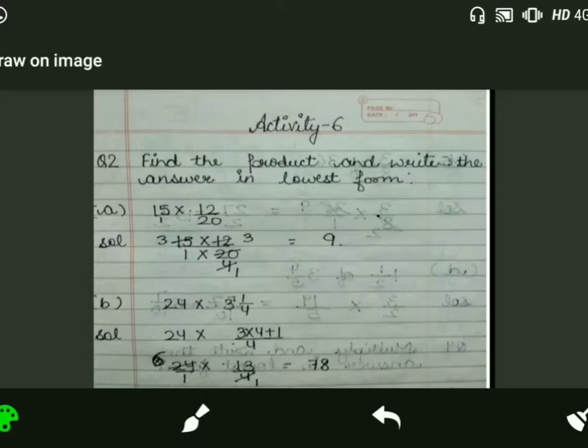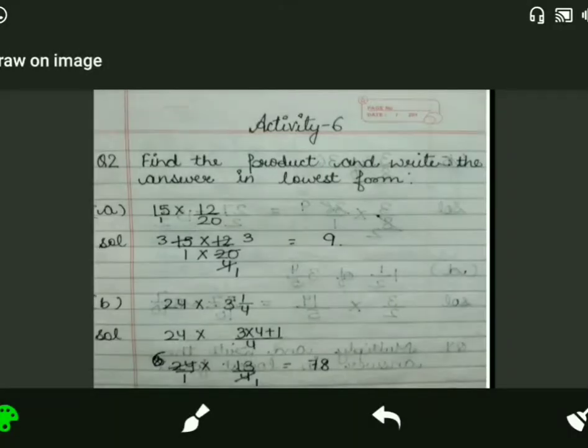So when we do cutting, we always do cutting from left to right, means in a cross direction. Like this manner we always cut. Means 15 and 20, we will see in which table 15 and 20 come. Both numbers come in the 5 table. 5 3s are 15, so I cut 15 and write down 3, and 20 also I cut, and in place of 20 I write down 4, because 5 3s are 15, 5 4s are 20. Clear?